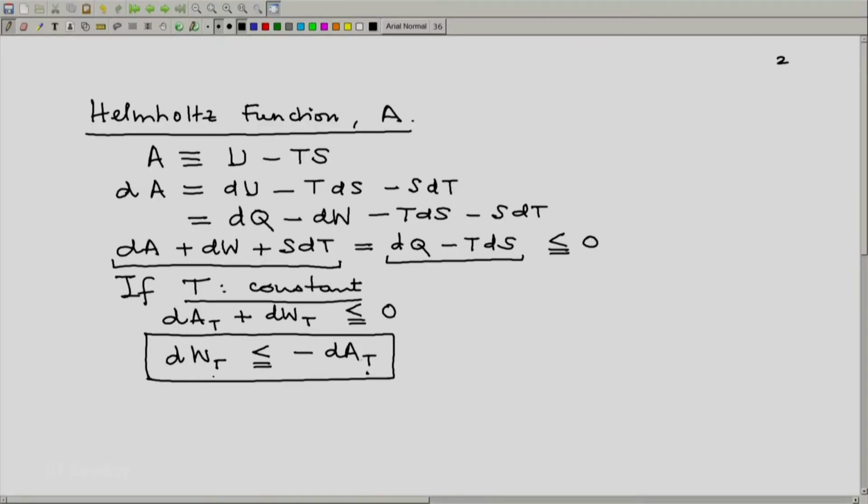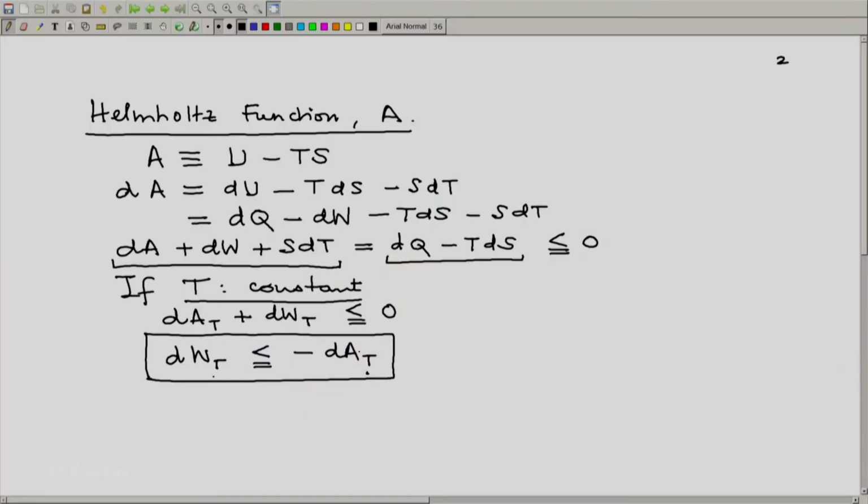So the Helmholtz function represents something like an energy potential. Remember, in the general idea of a potential in physics, you reduce the potential and you extract something out. So here we notice that the Helmholtz function can be considered as an energy potential, the reduction in which represents the maximum possible work which can be executed by our system in an isothermal process. And because of this, earlier and even now quite often, the Helmholtz function is also known as the Helmholtz potential.